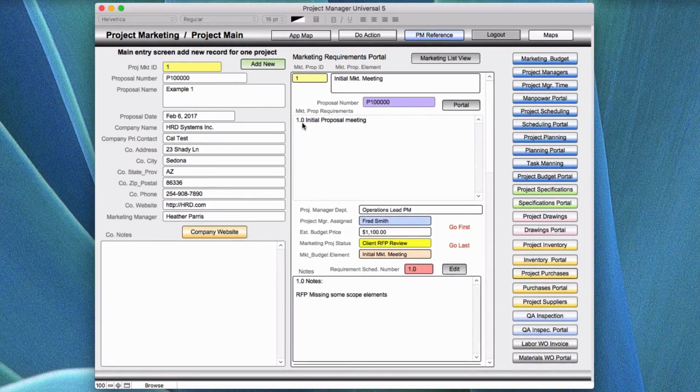What happens in this field here is that you're using the marketing requirement to draw in the first thing of the 1.0. If you're going to another project element or task within the proposal that you have to identify and define, you would change the number appropriately. For example, if all I was doing initially was assigning people and assigning budgets to do the proposal development, and then I was breaking down all the elements within the proposal, I would start out maybe in the 1.0, and I would look at the initial proposal meeting where you bring in all the people in your company that would be related to doing the work and tasks for that particular proposal,